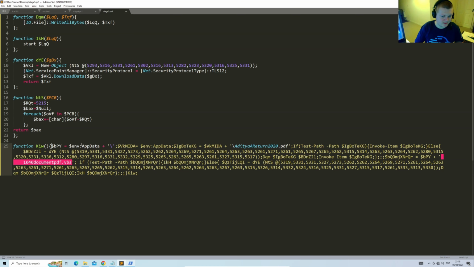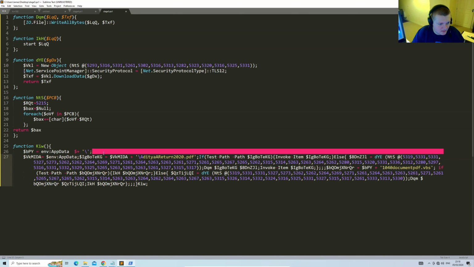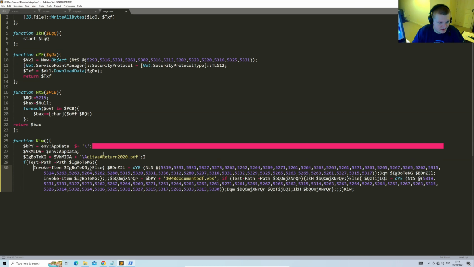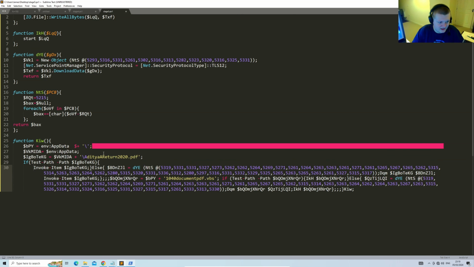And then this function here takes the environment variables app data plus a backslash, and then I don't think this should all be a string. I think there's something gone wrong here. I reckon that is more like it, like that. If test path, and then invoke item. Okay, I've done something wrong. Yeah, if test path, and then, sorry, if test path, invoke item,